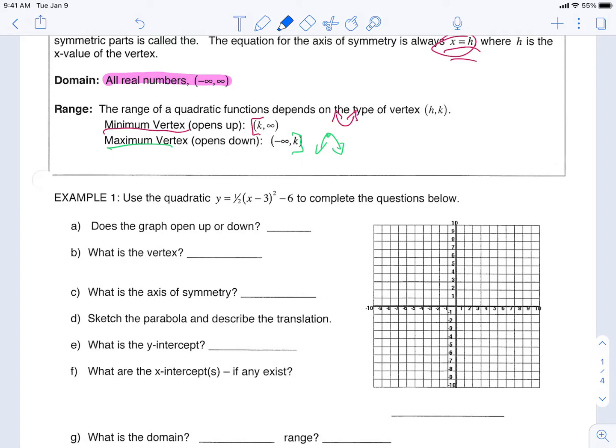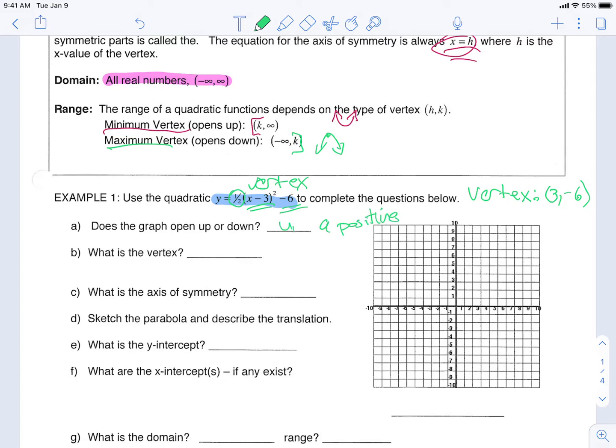Use the quadratic equation y equals 1/2 times the quantity x minus 3 squared minus 6 to complete the equations below. First of all, recognize that it's vertex form, so that's nice. And second thing to recognize is what's the vertex. You'll be able to pick that out instantly. So remember, it's the opposite of h comma k, so the vertex is positive 3 comma negative 6. All right, so now does the graph open up or down, and that's what this all valuable a value tells us. Since the a value is positive,